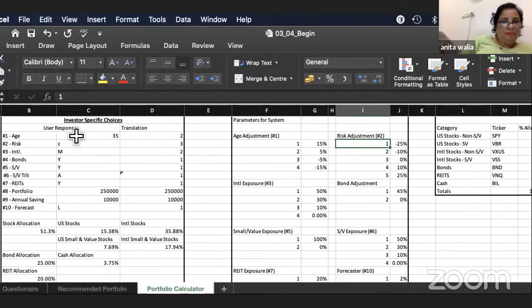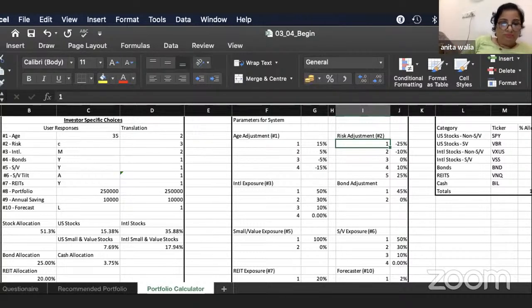Can you see this? So the response which we took was the age is 35, risk, all these were the responses which I showed you, right? Portfolio 2,50,000 and all. And then we translate that into a numerical value, just to make it a little bit easier for the system to process. From there, we need to go through and determine what the asset allocation should be for a